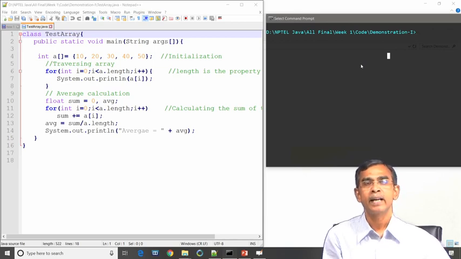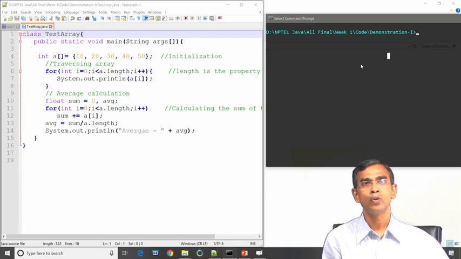Now, once the array elements are printed, our next step is to calculate the average value of all the elements stored in the array. So, we have declared one variable called sum, declared as a float, and average as also a float variable. So, we declare two variables, sum and average, and sum is initialized as 0 at the time of declaration.